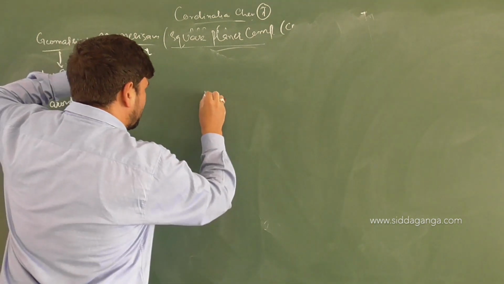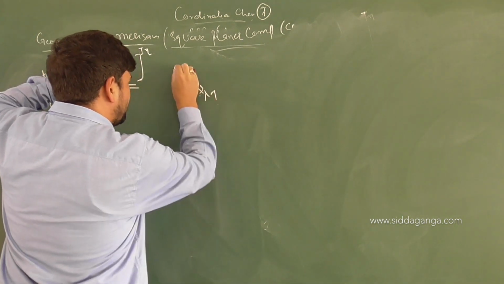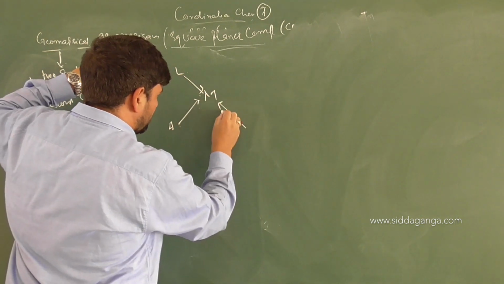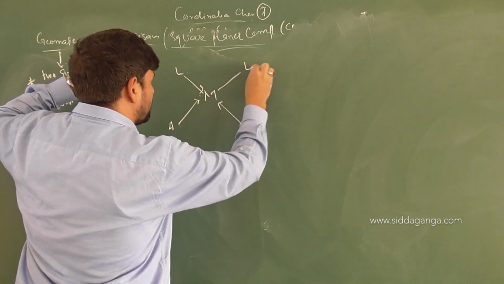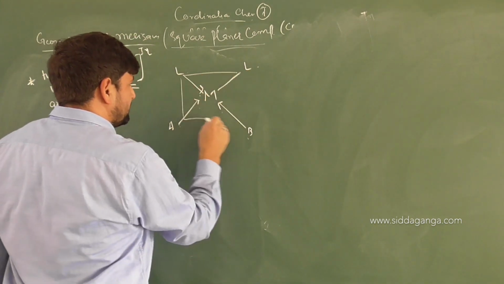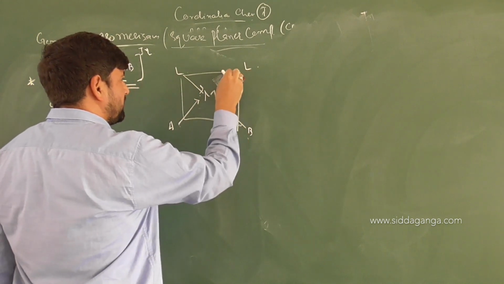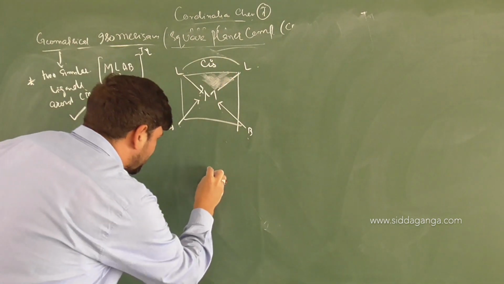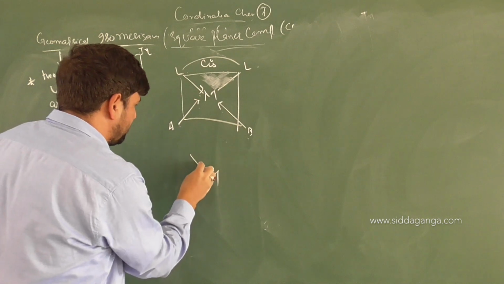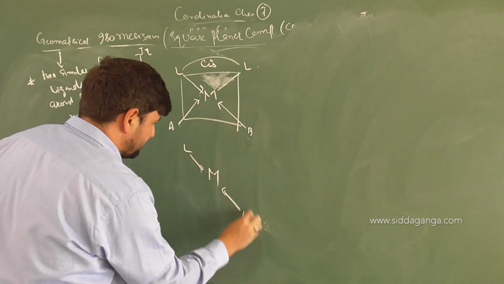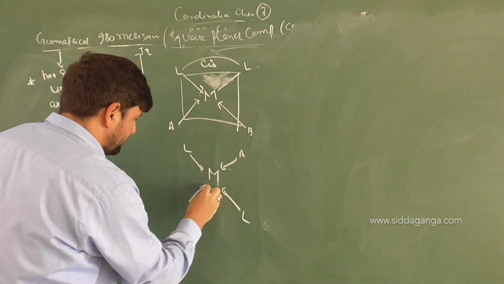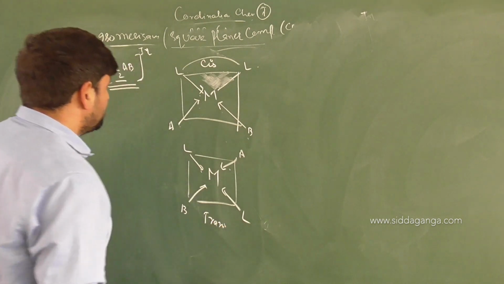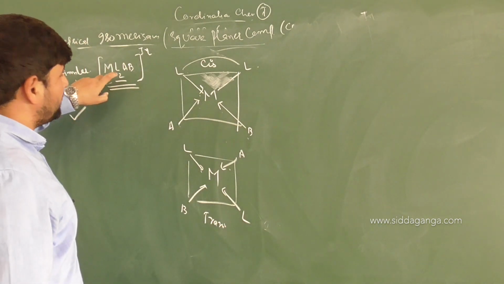So for square planar, we can draw it: metal atom, you have ligand here, you can have A here, you can have B here, you can have ligand here. You can see that two ligands around the central metal are present on the same side of the plane, right? Same side of the plane, so this will be cis. Naturally, trans will also be possible, because when cis is possible, trans will be possible as well. This is L, this is A, and this is B. What is this one then? Trans.